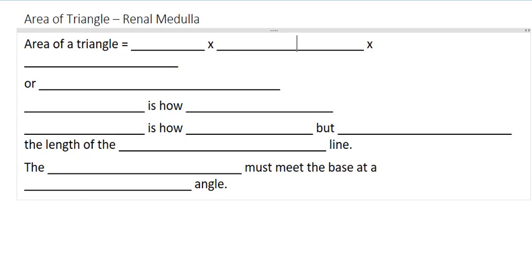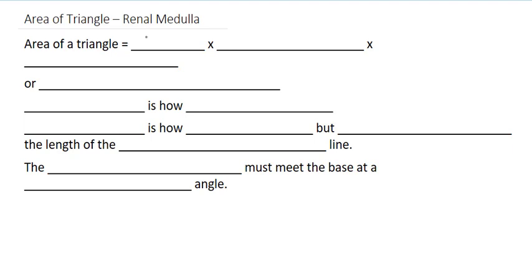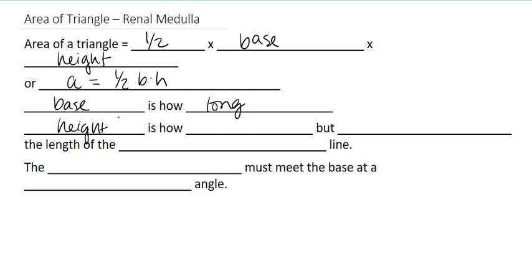Area of a triangle. The area of a triangle is 1/2 times the base times the height. Or you can look at it as area equals 1/2 base times height. And now the base is how long, and the height is how tall,